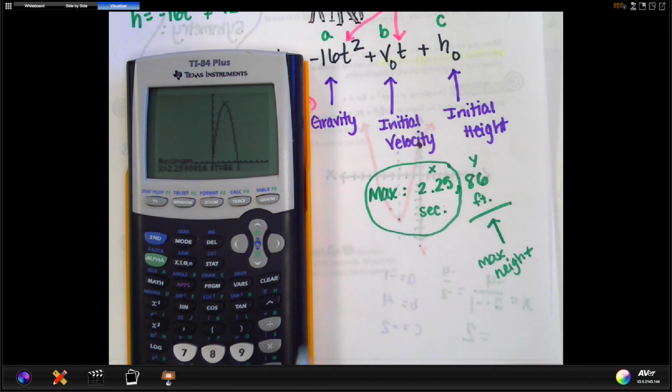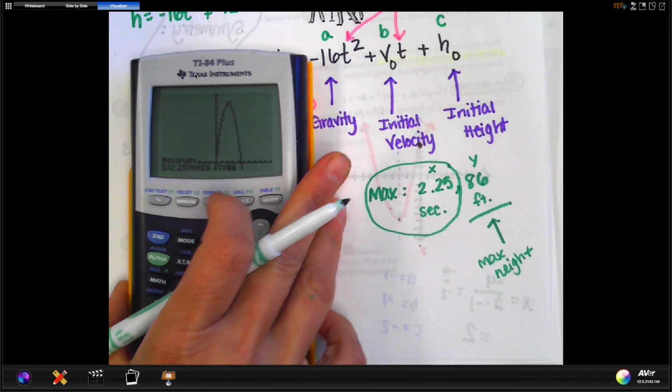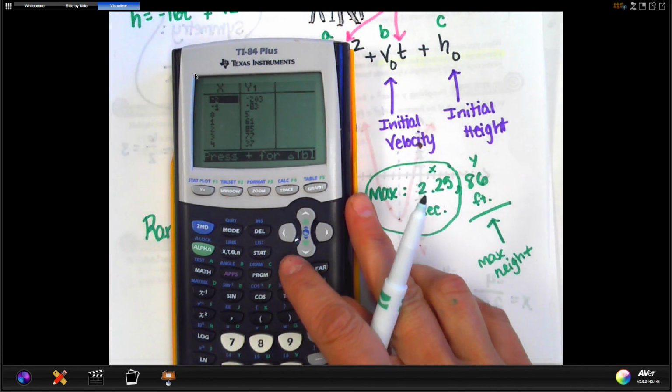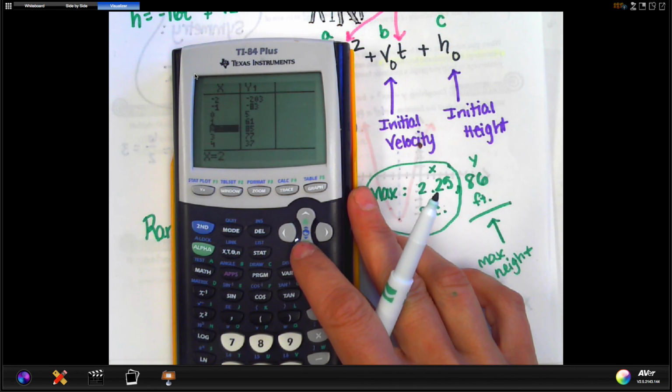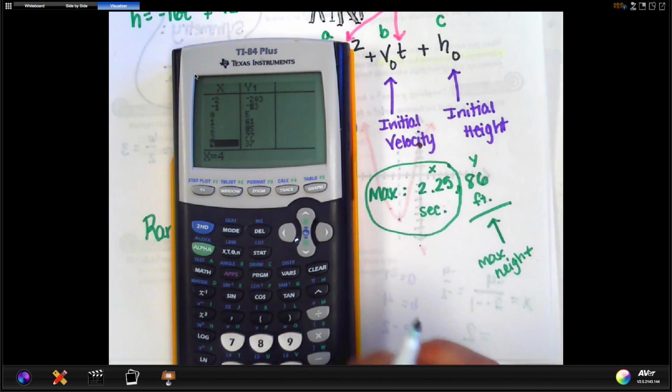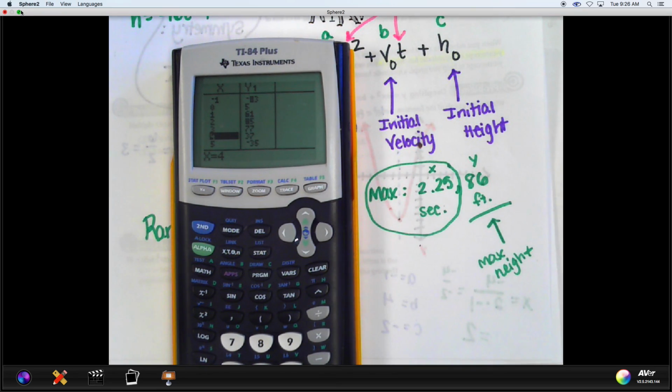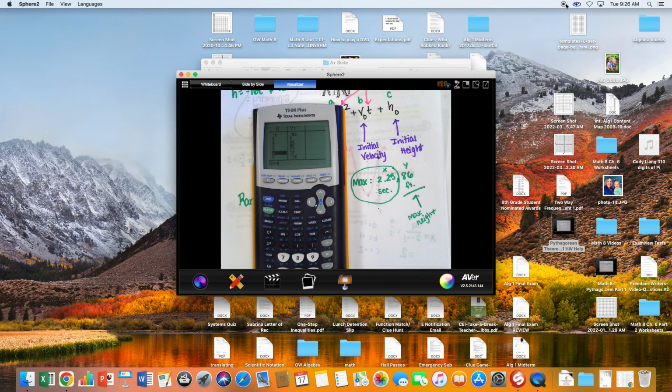No. And so you could figure out, right, if they asked you, which they don't, but I'm going to show you. If you go to second table, and we're looking for 35 feet, right? Okay, so about how many seconds, and it's not exact, is it after where it's caught? 4, right? A little bit more than 4 seconds it's caught in the crowd. Pretty cool, huh? Okay, that's the lesson for today. I'm going to stop the video because that's the notes. And if you have questions, make sure you come